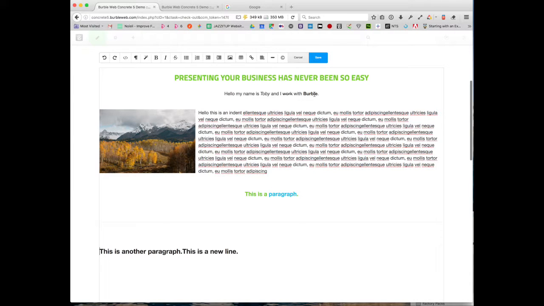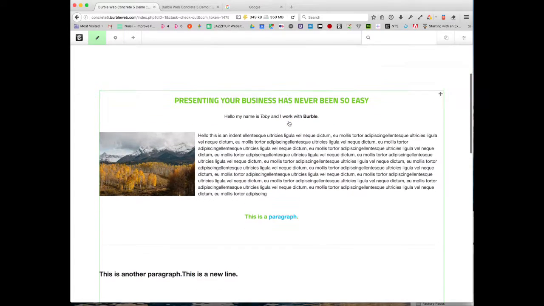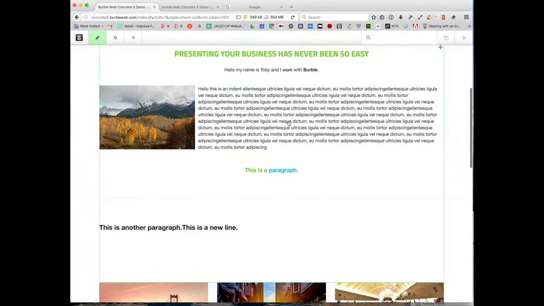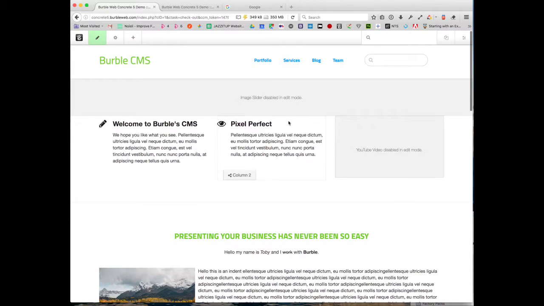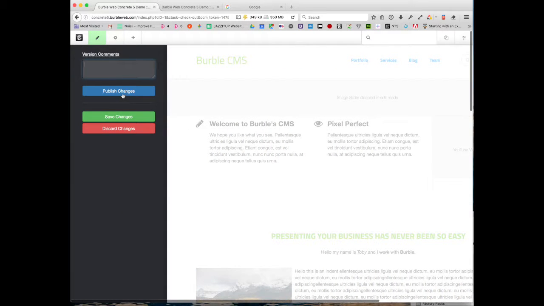And then once you're done with everything, you can click save. And there we go. We've done a large amount of content editing. And then to apply that to our website, because we're still in edit mode, we can click exit edit mode. Now it's going to offer us the chance to publish our changes. When we do that, we can go, I don't know, wilderness